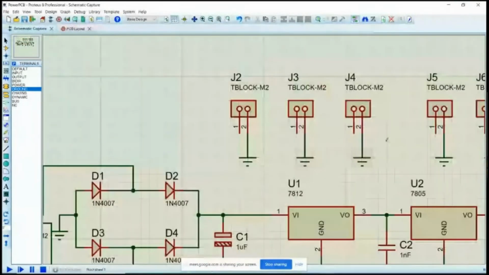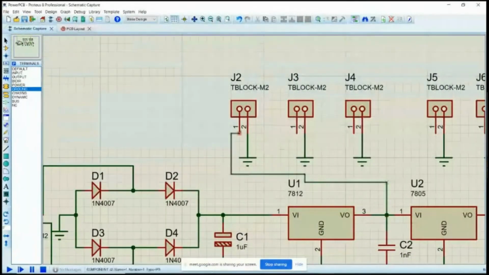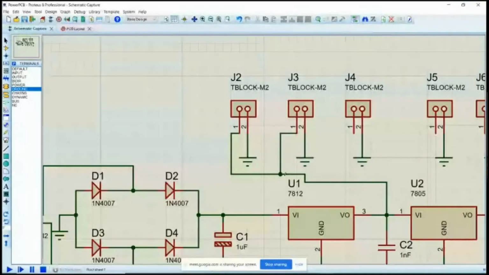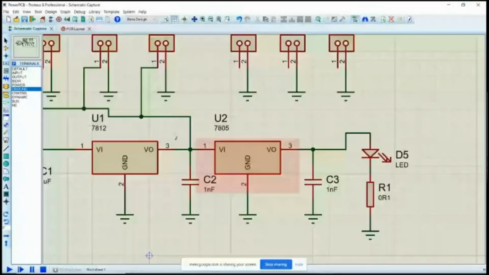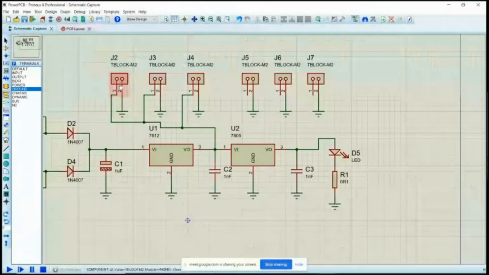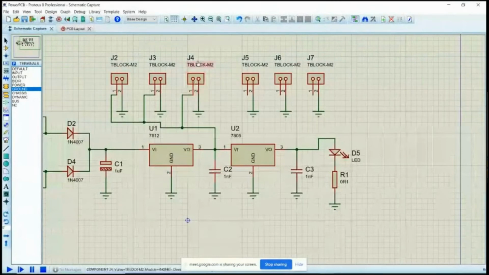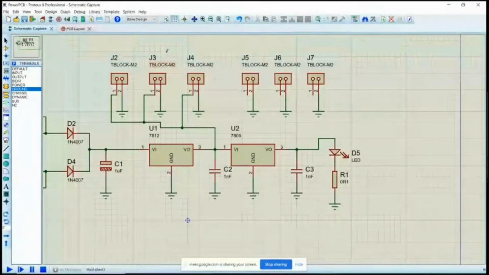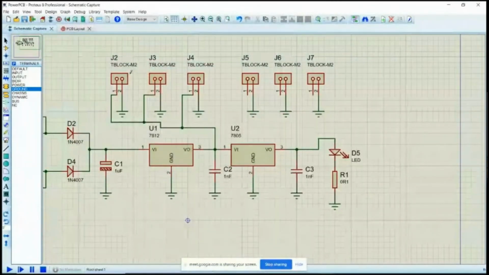So for these 3, we need 12 volt. So at the output of 7812, we have the 12 volt line. So this is 0.1, this is 0.2, and this is 0.3. So this 12 volt line will supply 3 connectors. So why do I need 3? Because I can power up to 3 devices. Maybe I can give one for a relay, I can give one for a motor, and I can give another 12 volt motor for some other peripheral device.